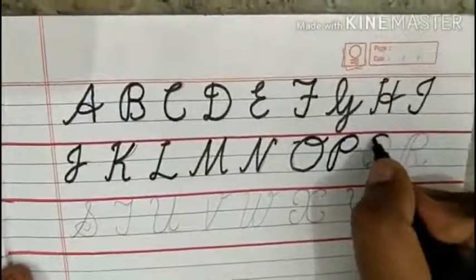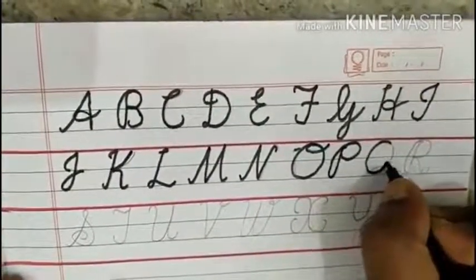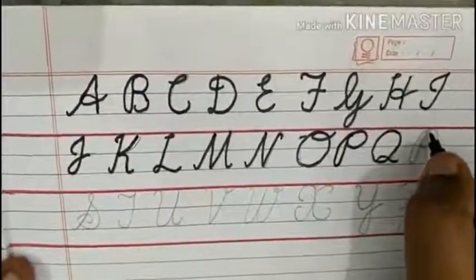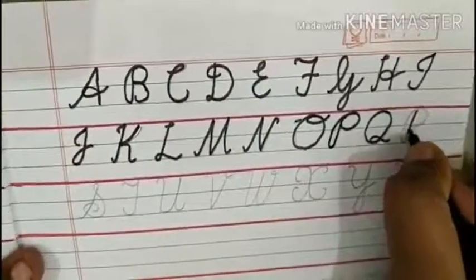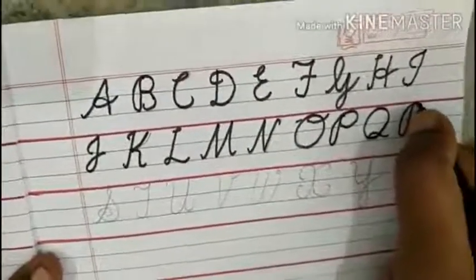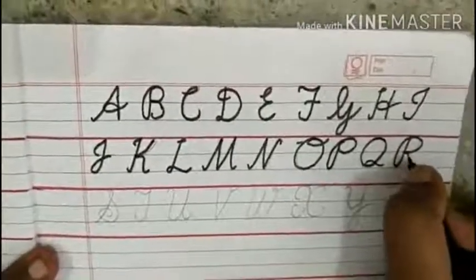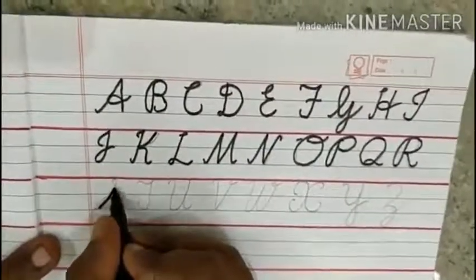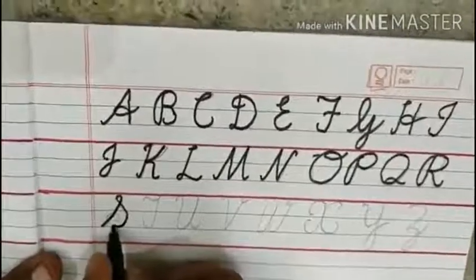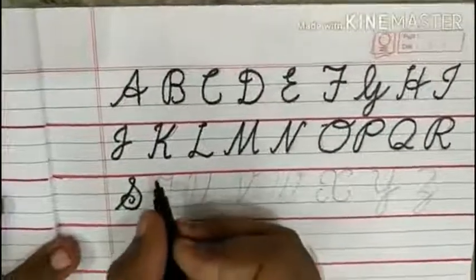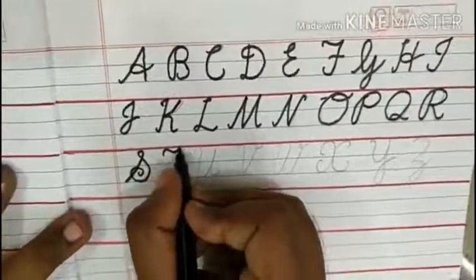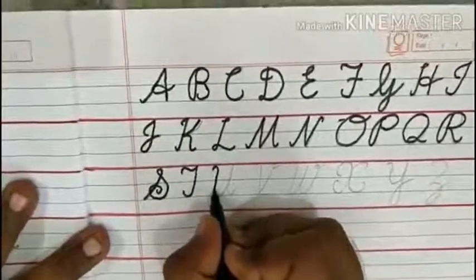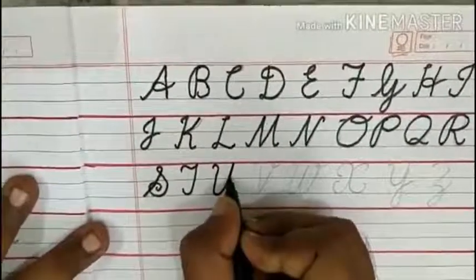Q. Draw oval and leave a tail. R. Just below the top line, bring it to the base line, again back to the top line, first circle and leave a curve like this, children. That is R. And S. This is S. And T is similar to F without a sleeping line. U is a bigger version of smaller u, just that, children.